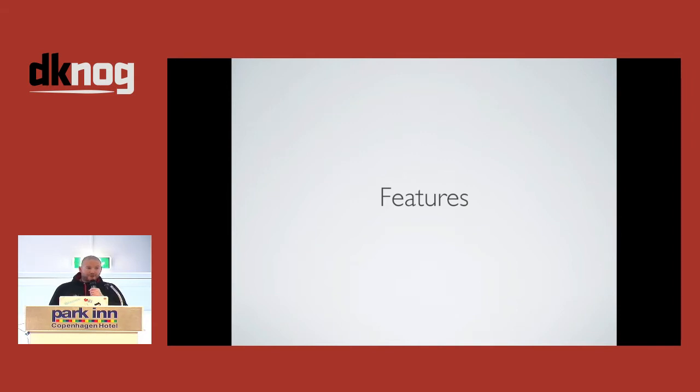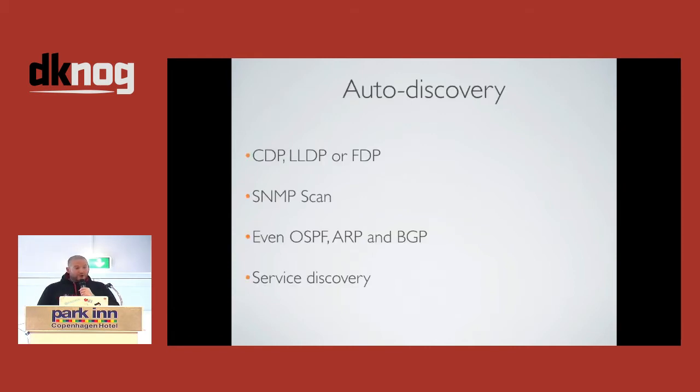So some of the actual features, some of the features hopefully that you'd make use of within the software for running networks and things like that. I actually did update the slides this morning because when I went back through them, I realized I didn't put anything about routing in here, which I'm sure there's one or two people who run some routing protocols. So I mentioned auto discovery before, so it's not just the fact that we'll go off and discover what that device has available for us to monitor. You've actually got the ability to go and auto discover your network.